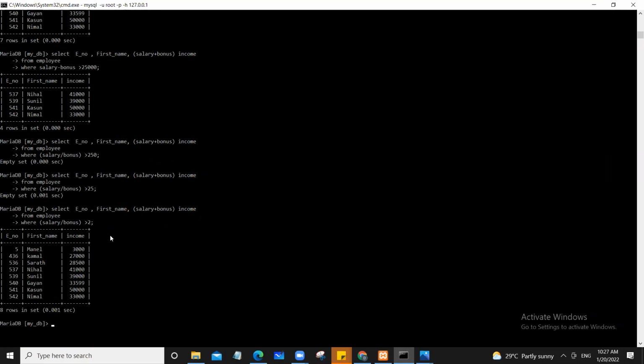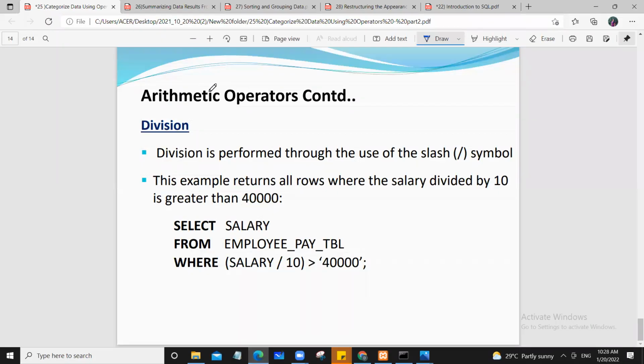In this query, it is going to find the employee's number, first name, and the income from the employee table where the salary divided by bonus is greater than 2. Okay, then the last one is